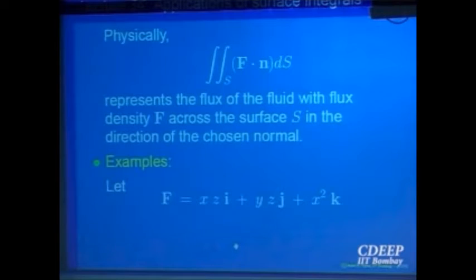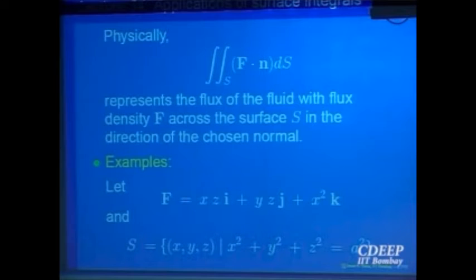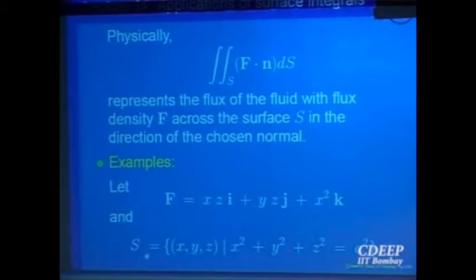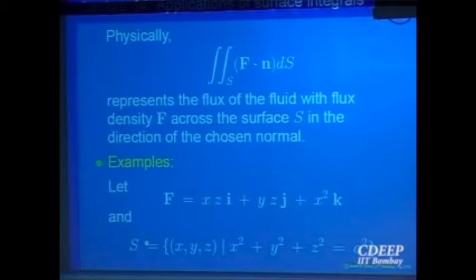Let us look at some examples to compute that. F is a vector field given by xz i plus yz j plus x squared k. And we are given the surface to be the sphere x squared plus y squared plus z squared equal to a squared. There are many ways of finding the flux of this vector field across this sphere. You can represent the sphere as an upper part and a lower part, and then both surfaces will be explicitly representable. If you want to represent it as a whole, then it is only implicitly expressible. So the choice is yours. Let us do it both ways.